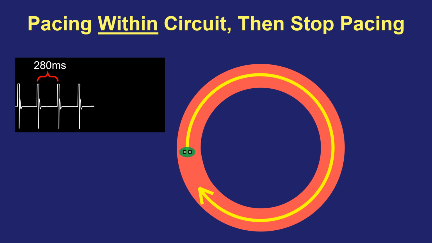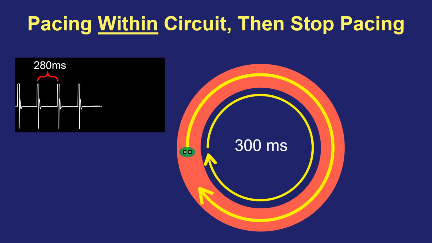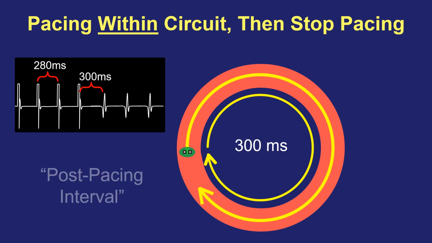But then when you come off pacing, that last paced beat is going to send a wavefront around the circuit like this, and you're now waiting for it to reach your bipole because you've stopped pacing. And if you're in the circuit, the time it takes between that last paced beat to the first electrogram in that same bipole will be the same as the tachycardia cycle length. This post-pacing interval will be identical to the tachycardia cycle length,